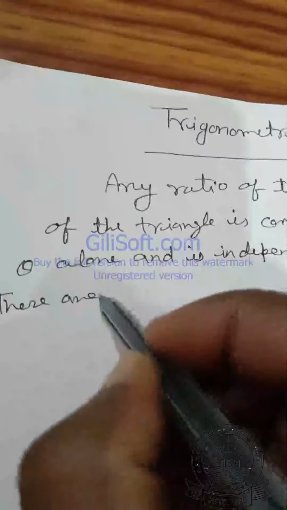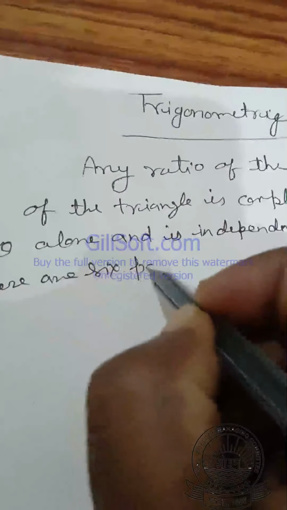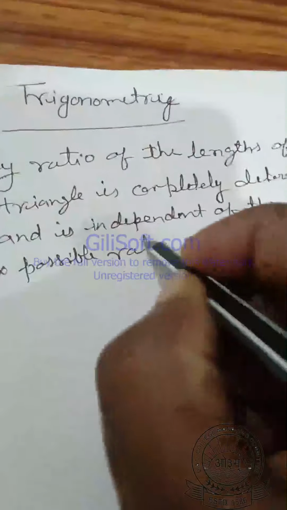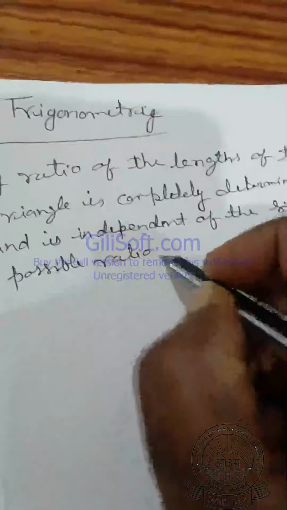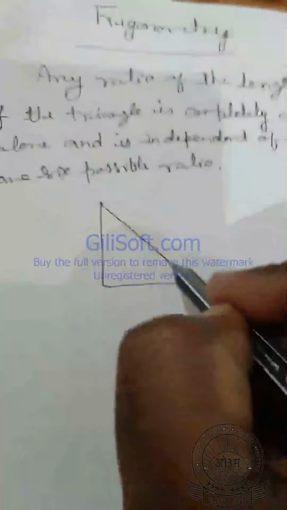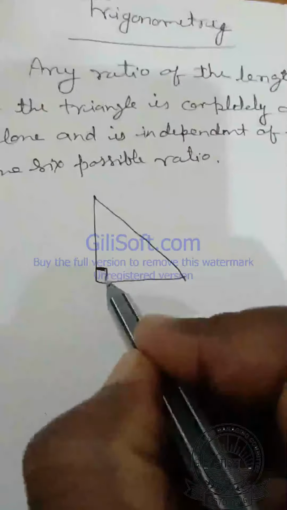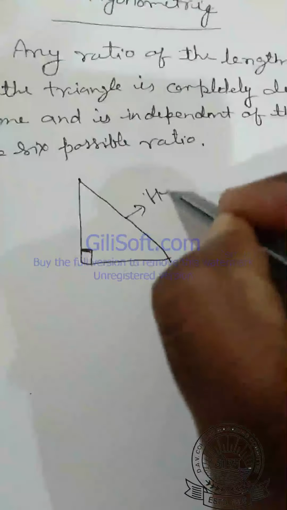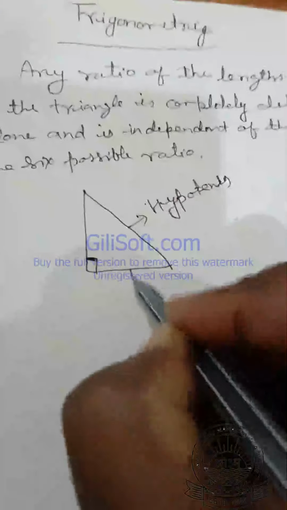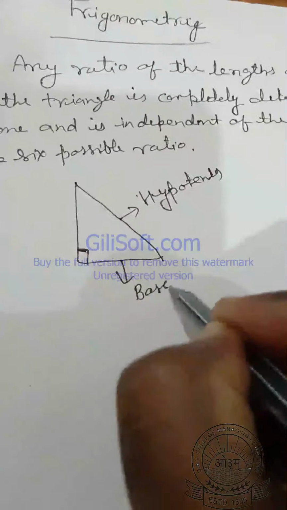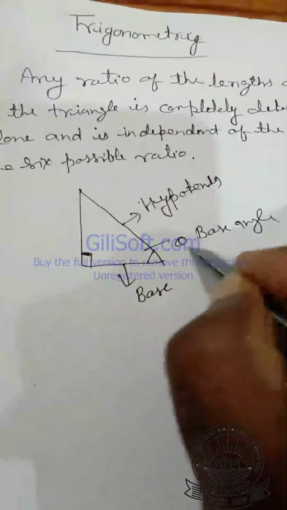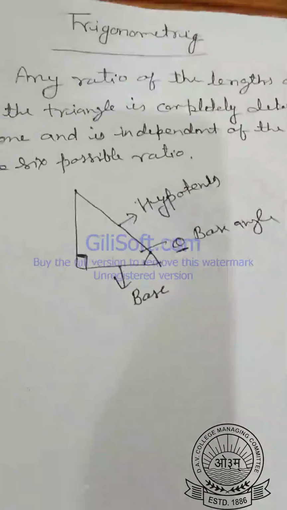There are 6 possible ratios. Look here, let us suppose this is a right angle triangle, and if this is a right angle triangle, this is known as the hypotenuse. This is called base. If you consider this angle as a base angle, this is called theta, and theta